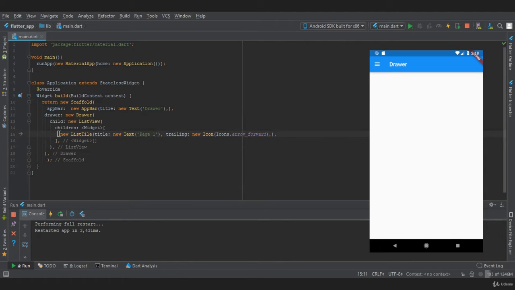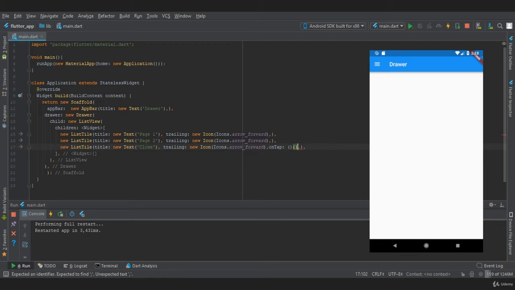We are going to create two more list tiles. Let's copy and paste. Let this be page 2, and the third list tile we are going to say close. Now to perform on tap operation, there is a property in list tile called onTap which accepts a function. In this we are going to say Navigator.pop(context),